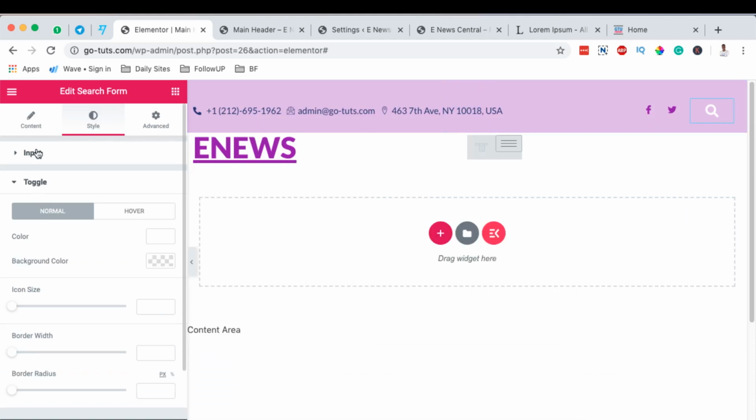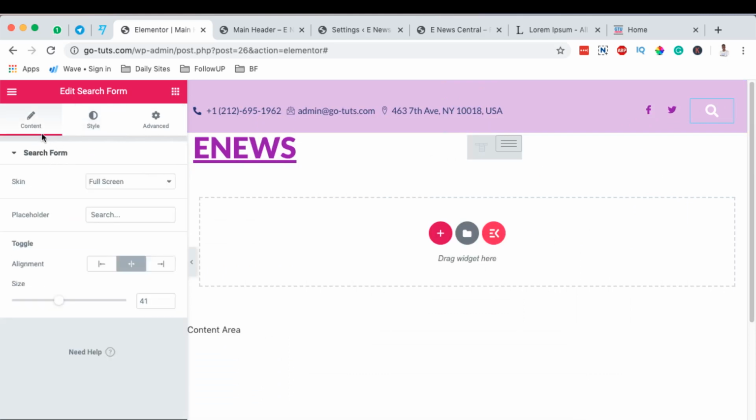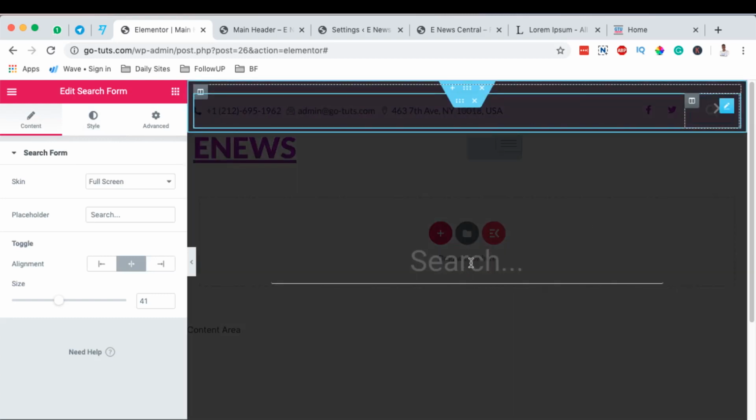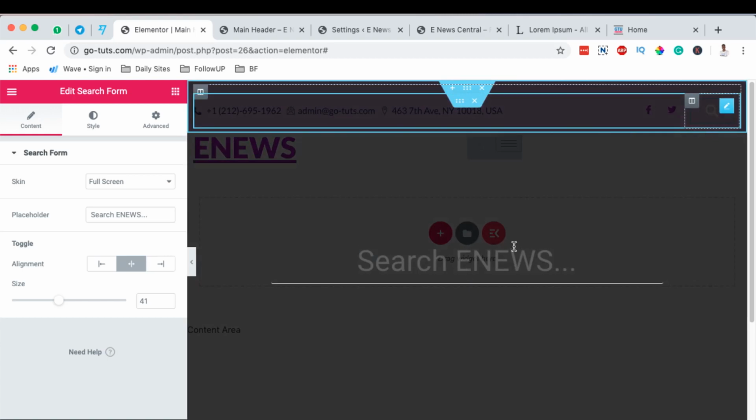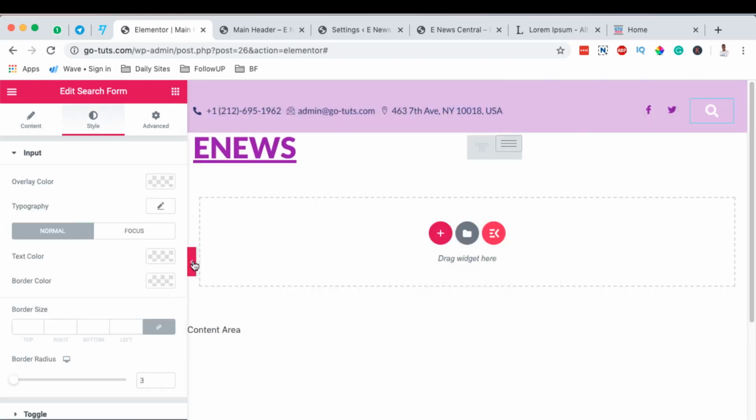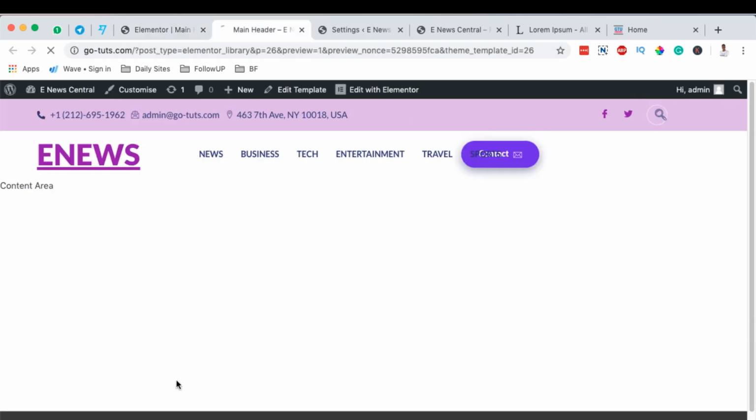See, and then the other thing, on the input, there's something called a placeholder. When someone clicks over here, this is this placeholder, which is called search. You can say search e-news, search e-news. So when someone clicks over here, boom, search e-news. Okay, so once now we happen to preview our changes,